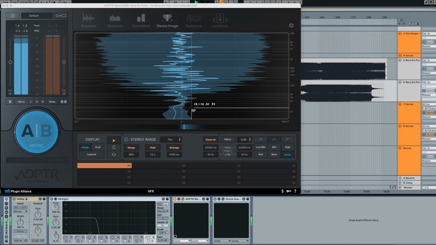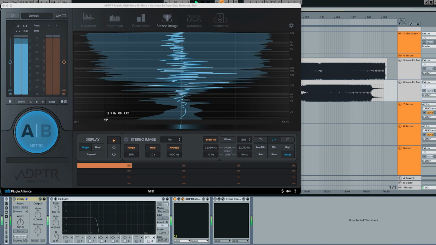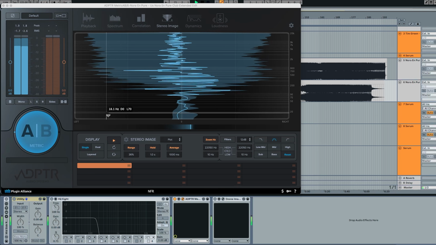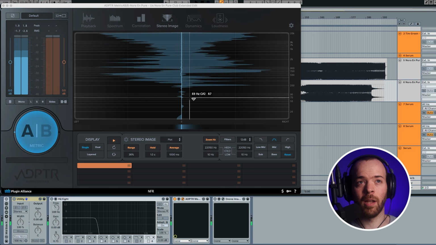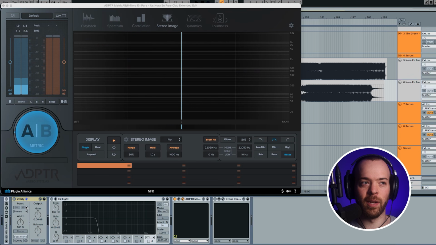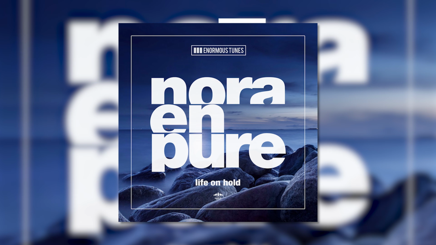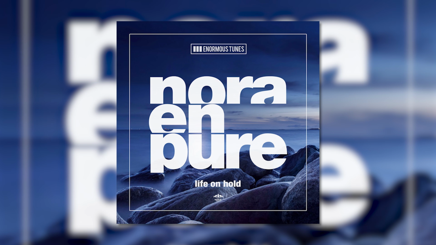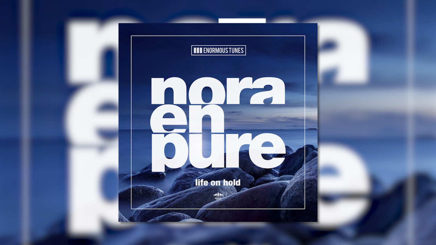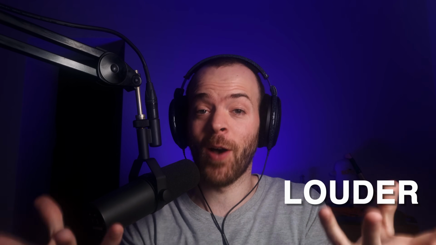If you're not being able to listen to what is happening, you can also see it over here. You can see that there's a lot of content over here in the stereo field, and listen to what happens when you put this bass in mono. But now in stereo, in addition to being louder, it's also a lot more interesting,